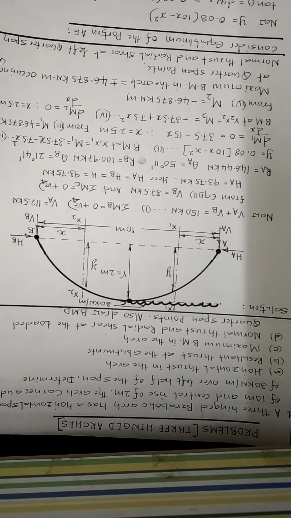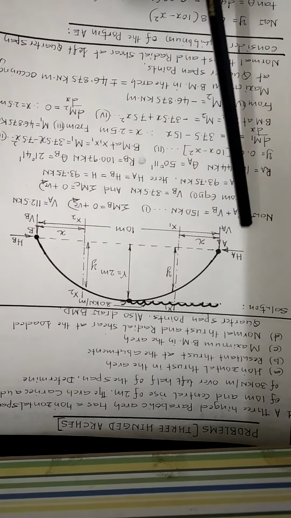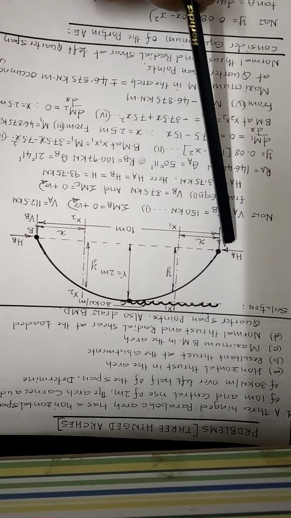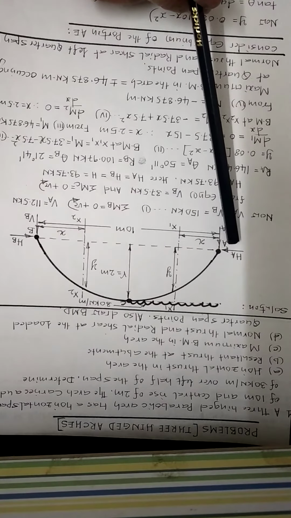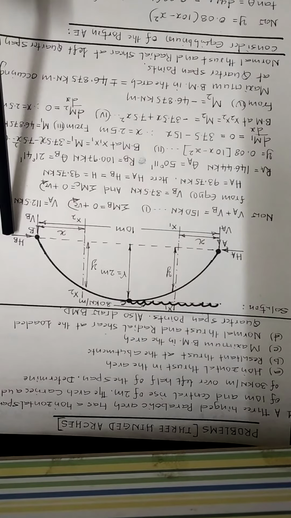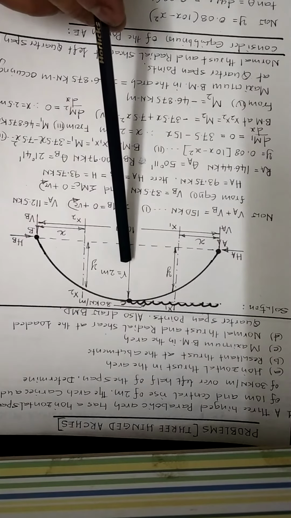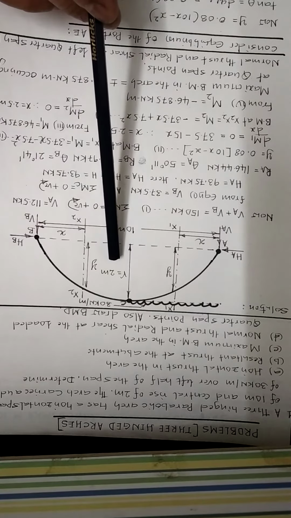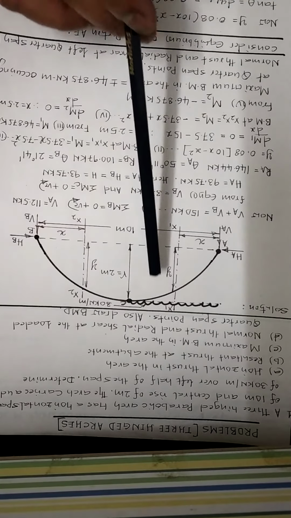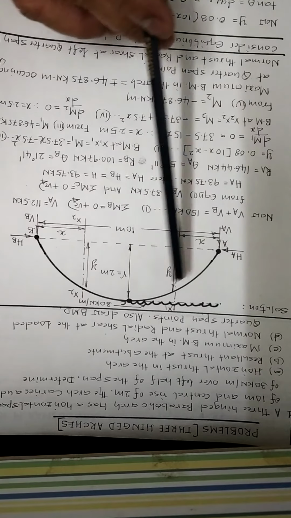To begin with, write down the figure of three-hinged arch as shown in figure. At the point A, VA and HA represent vertical and horizontal components. Similarly, at the point B, VB and HB represent vertical and horizontal components developed. L be the span of the arch. Here given span of the arch is 10 meter. R be the rise of the arch, it is given as 2 meter. This arch is subjected to UDL of intensity 30 kN per meter over left half of the span.